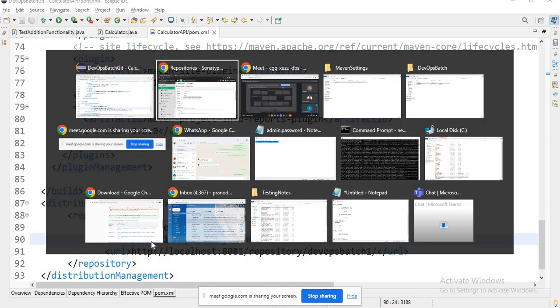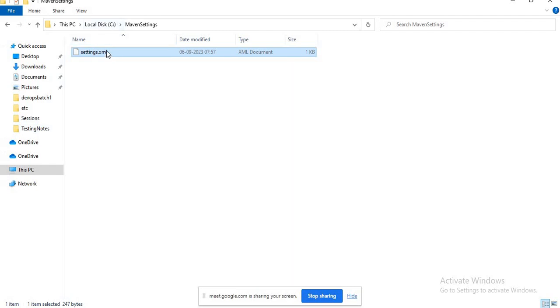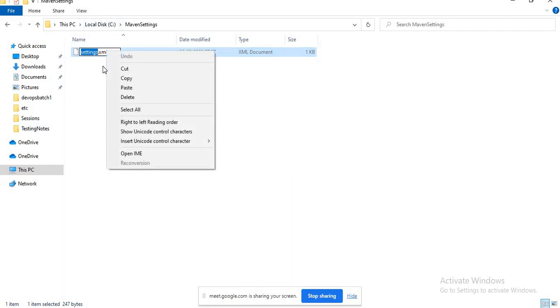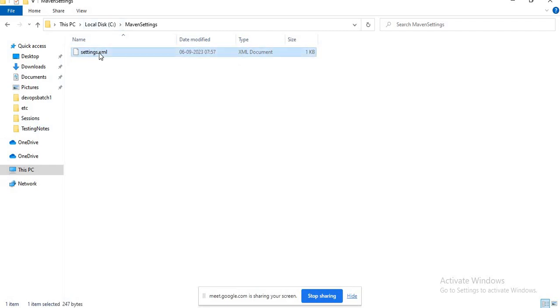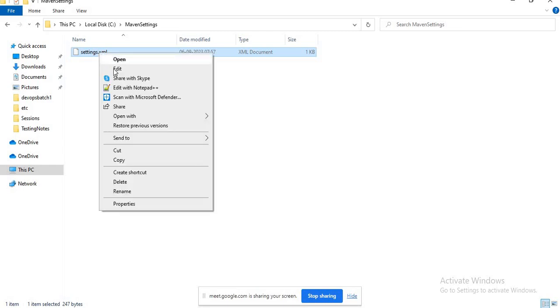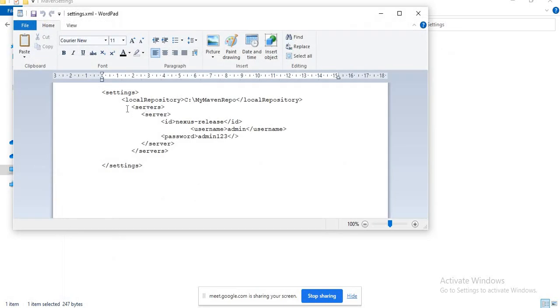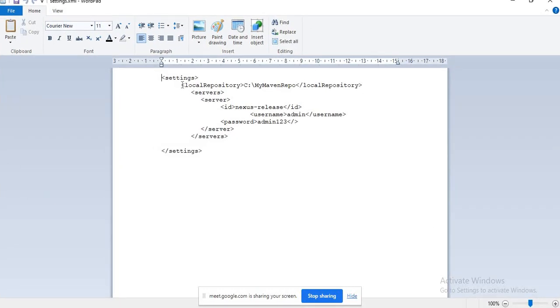Then the settings XML. Let me go to the settings XML here. We have created a settings XML. Inside the settings XML, in the last session we had configured our local repository, and now I have just configured this servers section.